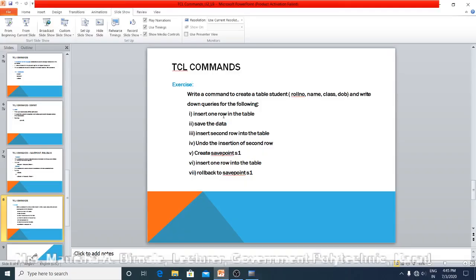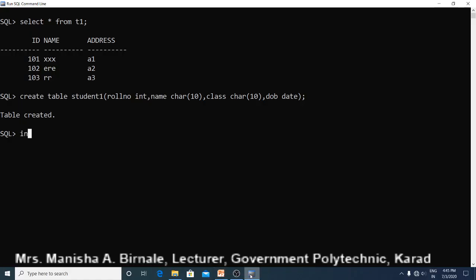Now next we have to insert one row in the table. For inserting a row in the table, we have to use the insert command.